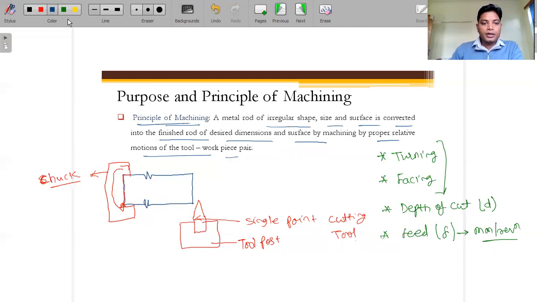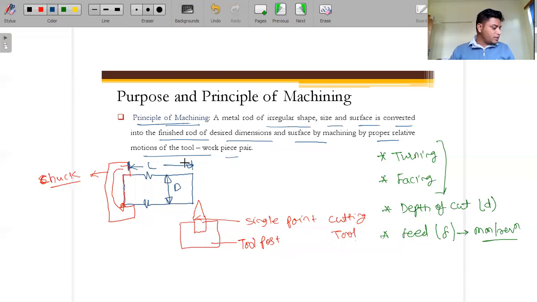So here this is the diameter that we are assuming initially, whatever the rod we have, that is of capital D diameter. And just try to assume, because whatever the amount that you have inserted inside the chuck cannot be machined at the same time, I'm just assuming that up to this the length is capital L.